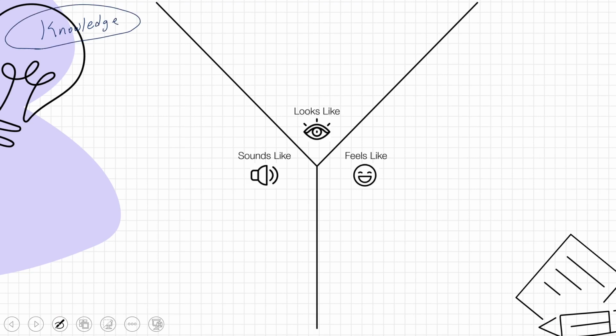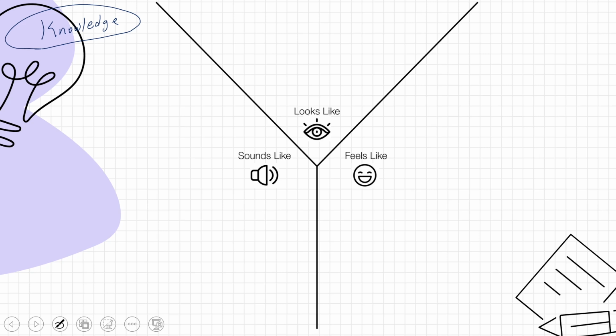so last time around we had done this exercise, right? So what it looks like, what it sounds like, what it feels like. So take a few moments. When the word knowledge comes to your mind, what are the visual cues that you get, or what are the things that come to your mind visually when you think of knowledge in general? Okay, we are not restricting here, we'll come to that later. But knowledge in general, when you hear that word, what does it look like?